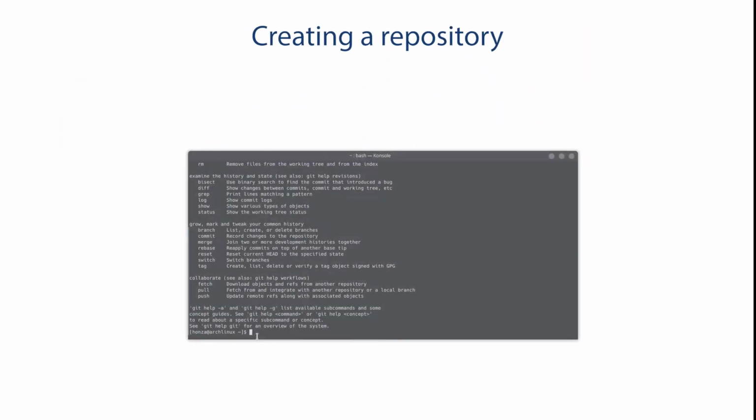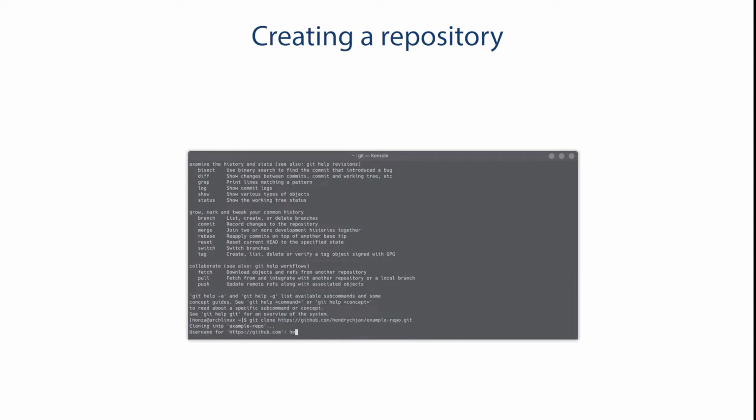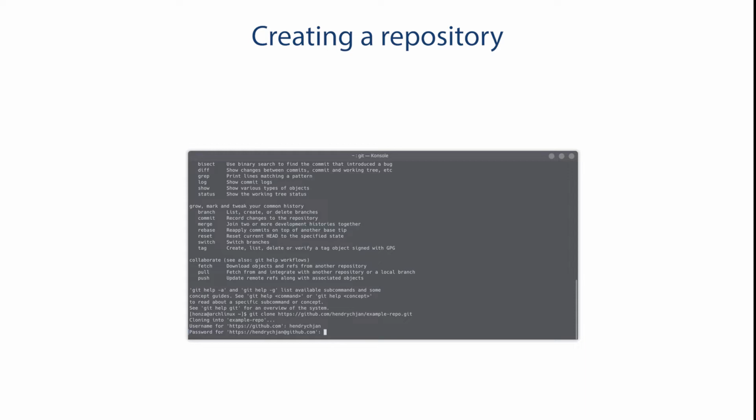The first command that we are going to use is git clone. With git clone, you can clone a repository from a remote server. So type in git clone, followed by the HTTPS link of your repository, the repository that you have created a few moments ago. You will get prompted for a username, so fill that one in, and then you will get